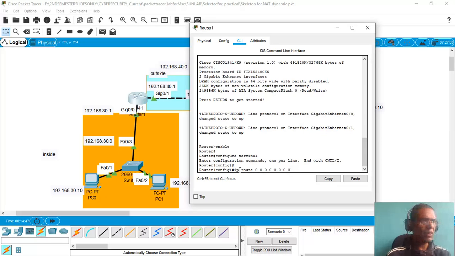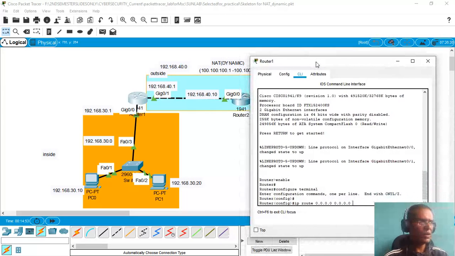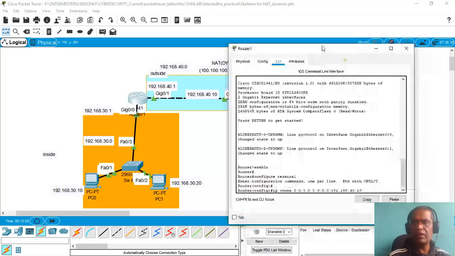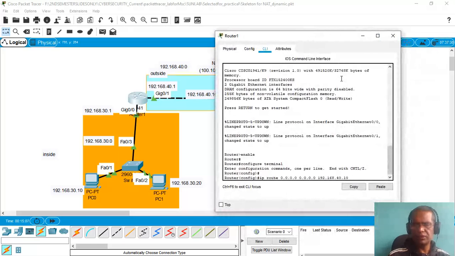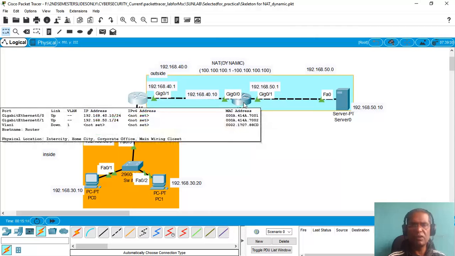And what is the gateway for this network? It is 192.168.40.10, isn't it? 192.168.40.10 is the gateway. Enter.